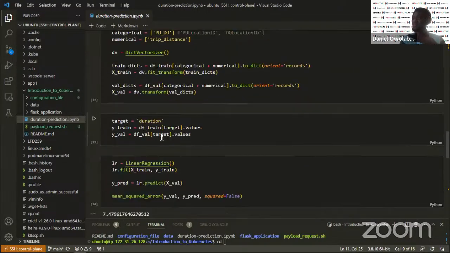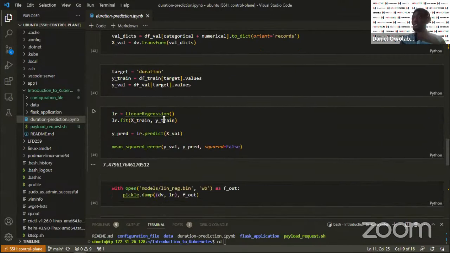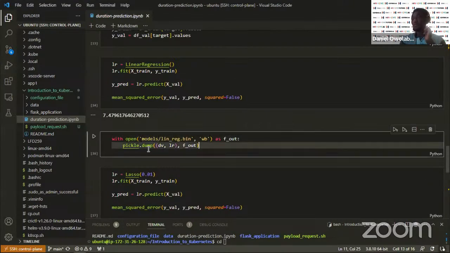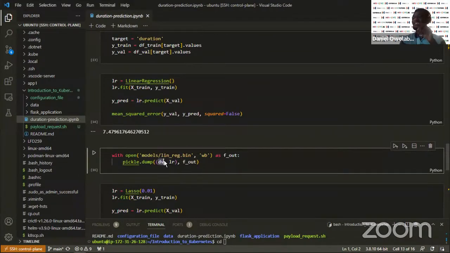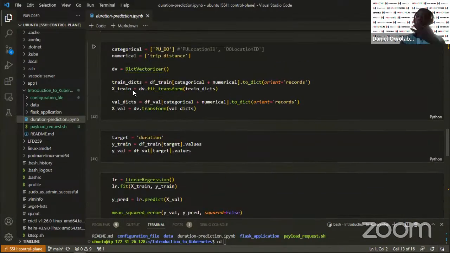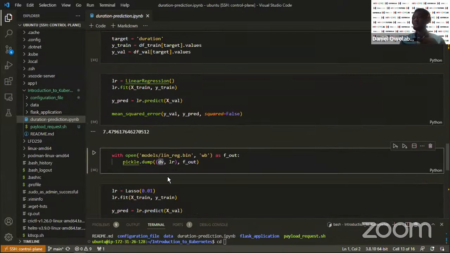And these are things that probably happen when you are building your model, and then you train your model, and then you pickle it and dump it. So what I've done here is this linear regression model is the model itself, and this DV is the one that is helping me transform the input data into the same form that I am training it with. So I'm saving this so that when I'm trying to predict in production, whatever the request of the user, because usually the request would be like, let's say we have three columns, which is the location, the duration of the